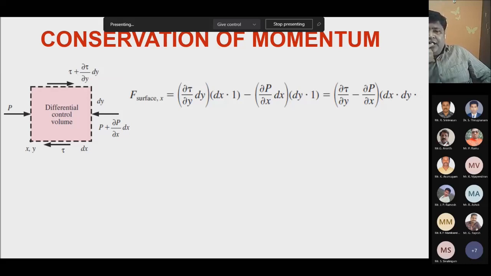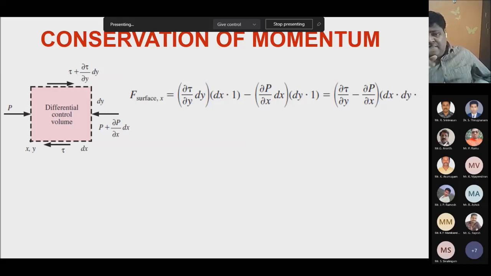Similarly, when you have the pressure, net pressure, on the left hand side you have pressure P acting, and on the right hand side you have P plus ∂P/∂x acting opposite to each other, because the fluid on the left hand side will compress the fluid towards this, it will act normal, and every action has an equal and opposite reaction. There will be another fluid element trying to compress this right hand side surface from the other side. So here the pressure is P, the same pressure will not be along this side. So P plus ∂P/∂x, that will be the change in pressure by Taylor series expansion. You want the net force, and in the net force the P will cancel. You will have ∂P/∂x into dx multiplied by the area.